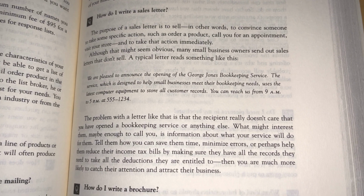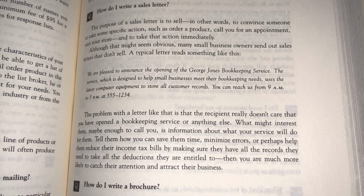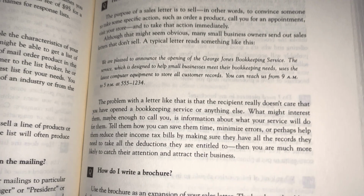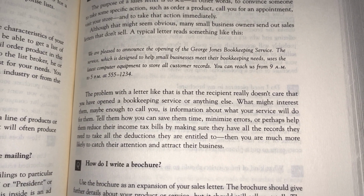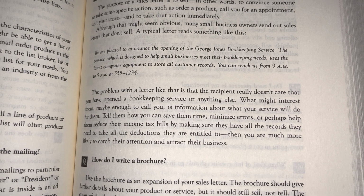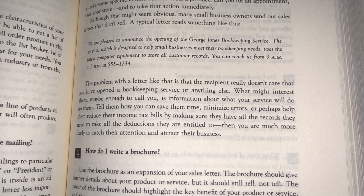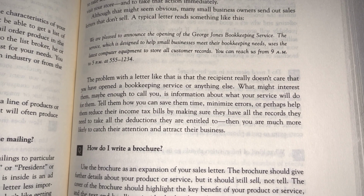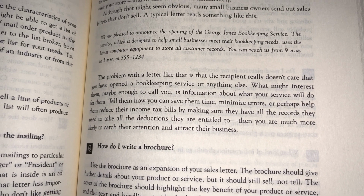Although that might seem obvious, many small business owners send out sales letters that don't sell. A typical letter reads something like this: We are pleased to announce the opening of the George Jones Bookkeeping Service. The service, which is designed to help small businesses meet their bookkeeping needs, uses the latest computer equipment to store all customer records. You can reach us from 9 a.m. to 5 p.m. at